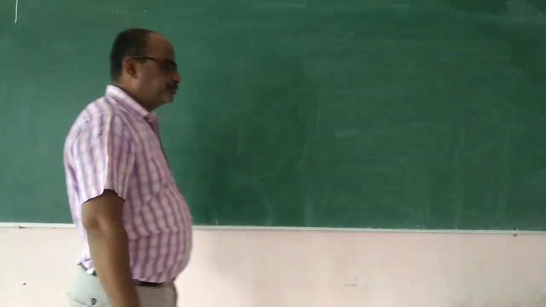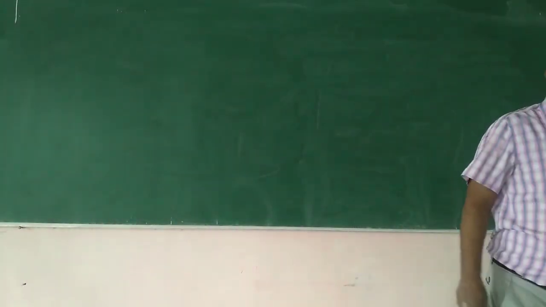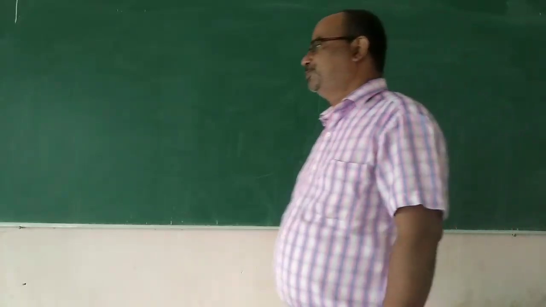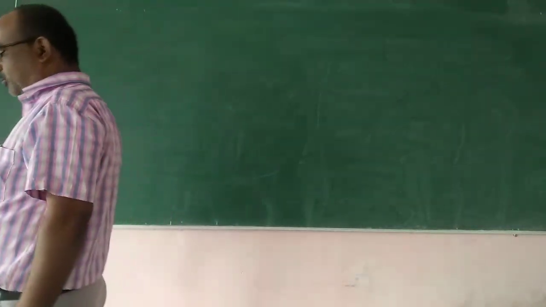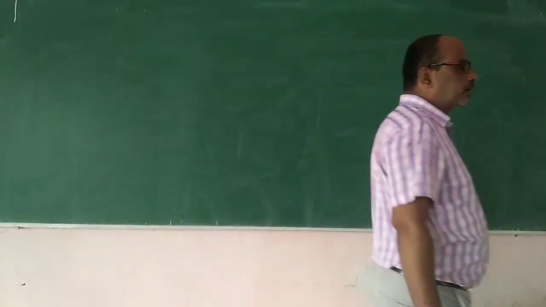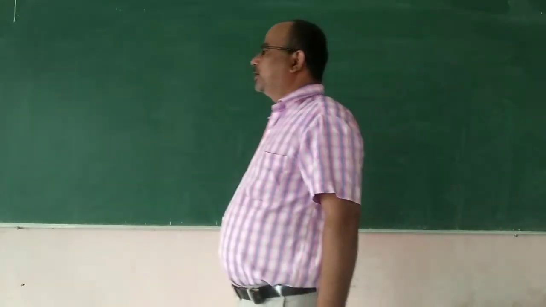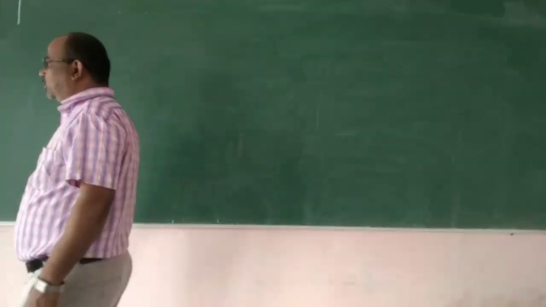Welcome back students once again to the accounting session. In the previous session you were learning double column cash book. In the double column cash book you have seen that there were many transactions, cash transactions only, no credit transaction was there. So in the cash book we record only cash transactions.